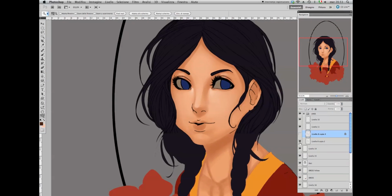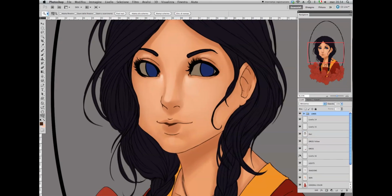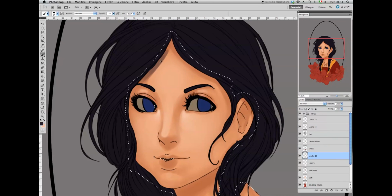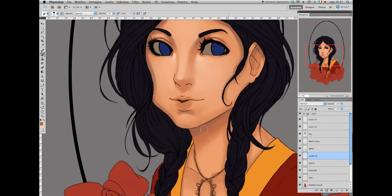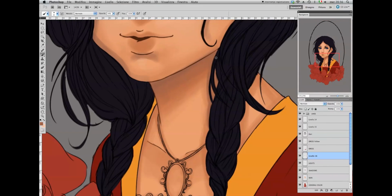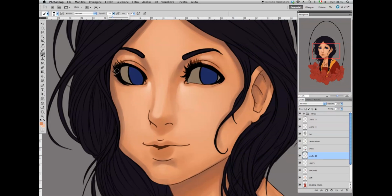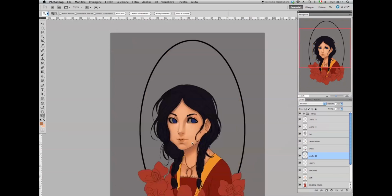This is the time for the second part of the shadowing process, and you take a color that is a little purplish, because we use a purplish color for the hair, and add it to the shadows. Always remember to do this, because every object we have projects its color on the next. So she has got purple hair, and she will have some purplish shadows on her face, because that's how things work with light and shadows. So I add some purple all over the shadows of her face,